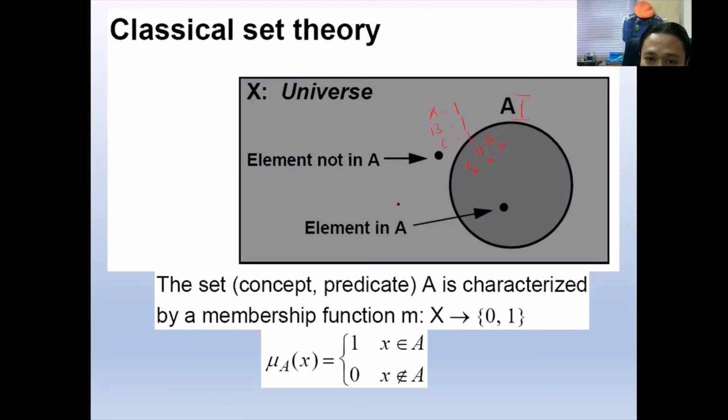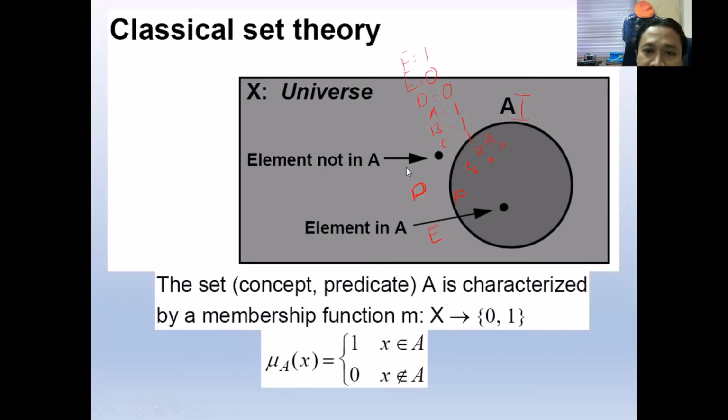For example, D. The D guy is here, so automatically D equals 0. Maybe we have another friend here, and also for D we have 0. Maybe we have F here, almost 2, but still we have the full membership function. That's what we call the classical or crisp set.